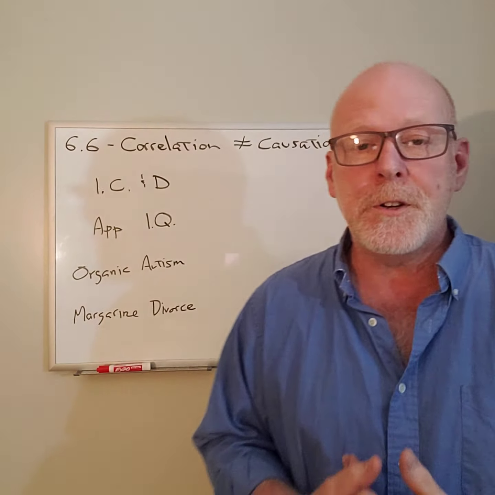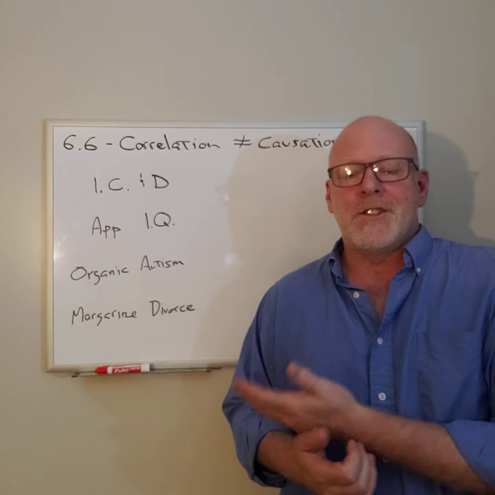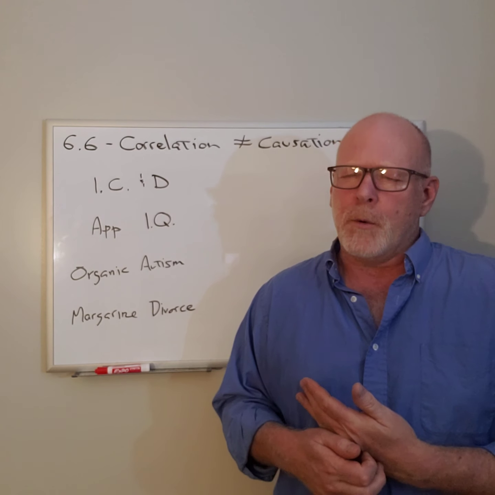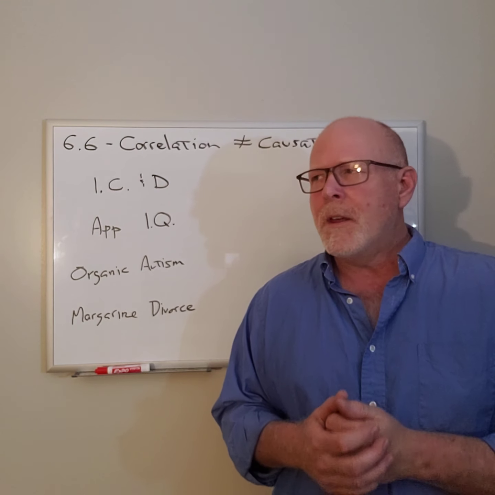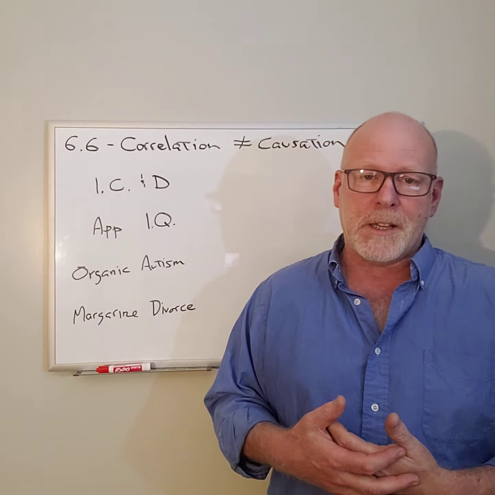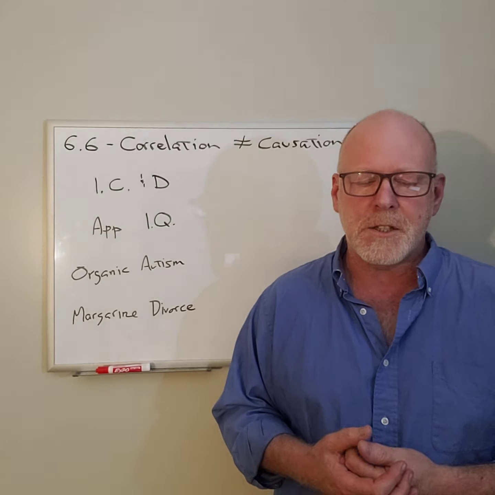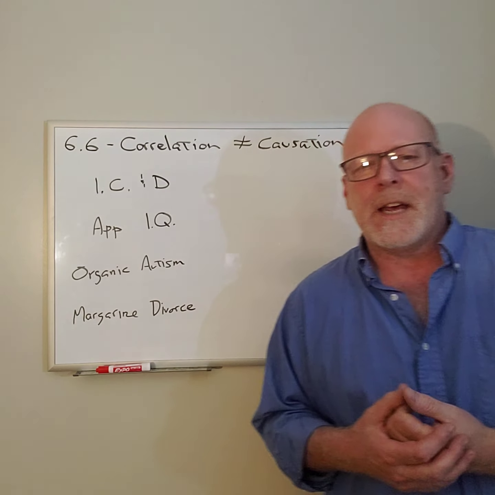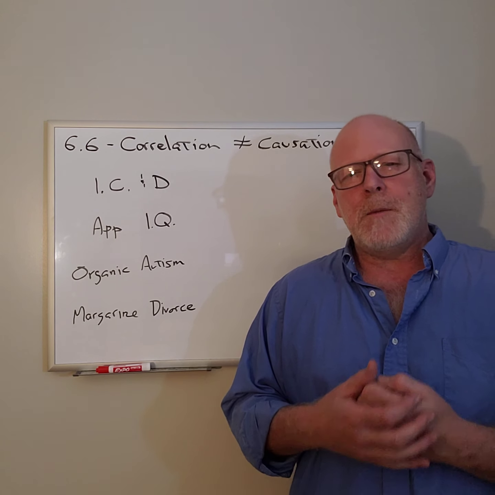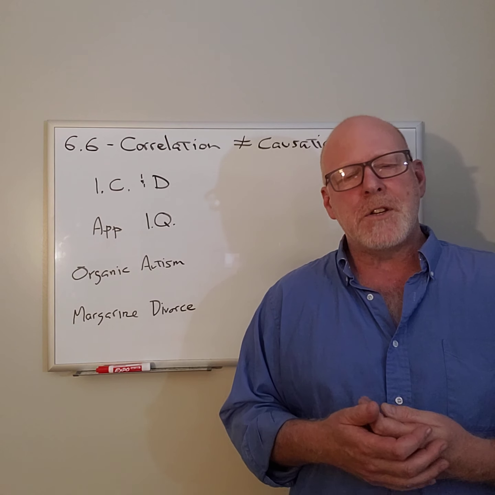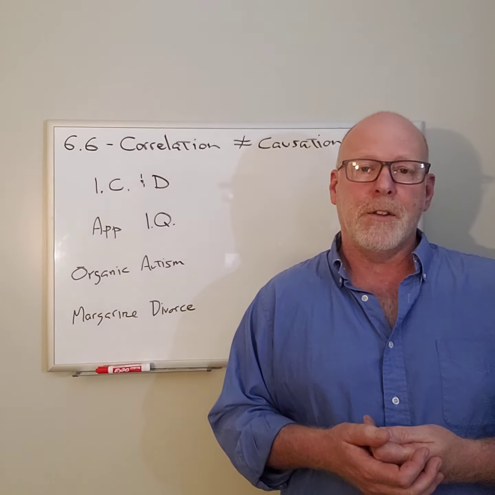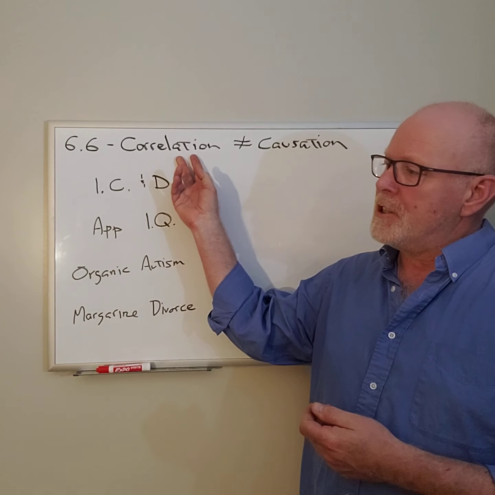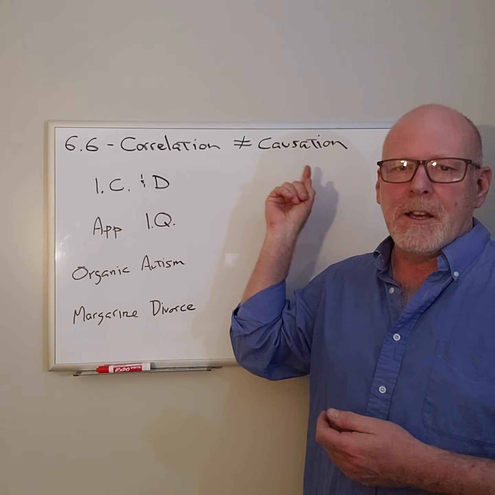All right, last time we looked at a bunch of calculator stuff that you are going to need to be able to do. This time we're going to look at just a couple ideas that you're not really going to have to do anything with, but I would be remiss if I didn't talk about this because it's such a cliche in statistics. And that is to point out that just because two things seem to follow some sort of trend does not mean that one of them has caused the other. We say that correlation does not imply causation.